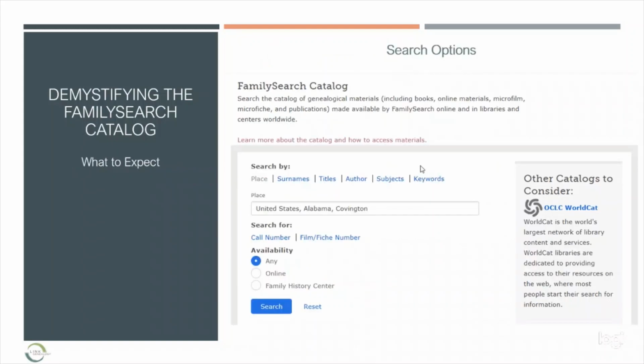So when you come to the catalog, this is the home page of the catalog. You'll see you have a few different ways right here to filter. And we're going to use the place function today. I find this to be the easiest because I can go directly to the county and see all of the records that the county holds. And this is useful because there are often records, even if it's a county I'm relatively familiar with, that I didn't know existed that might answer questions for me. And so going by the place option and going by the county will help you to get a better sense of what to expect.